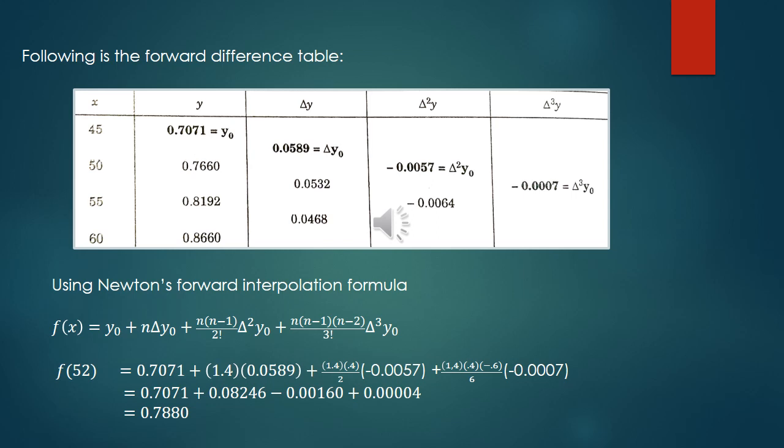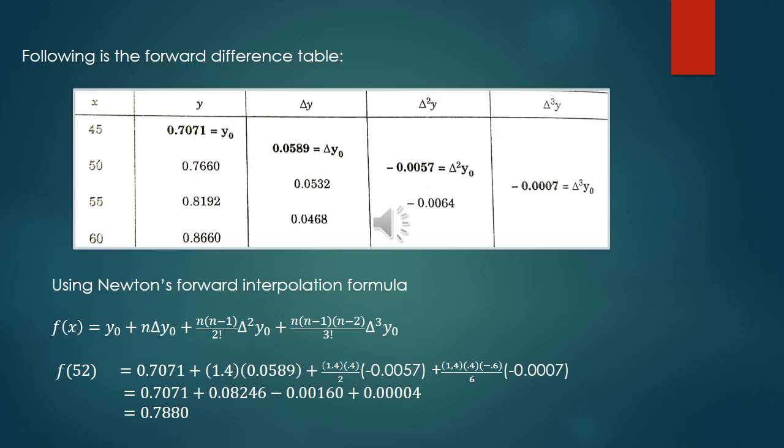Using Newton's forward interpolation formula, f of x equal to y0 plus n into del y0 plus n into n minus 1 by 2 factorial del square y0 plus n into n minus 1 into n minus 2 by 3 factorial del raised to 3 y0. We have to find out the value of f of x at x equal to 52. Substituting the values,